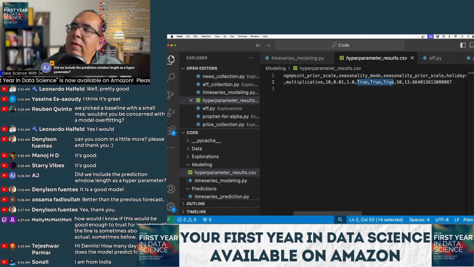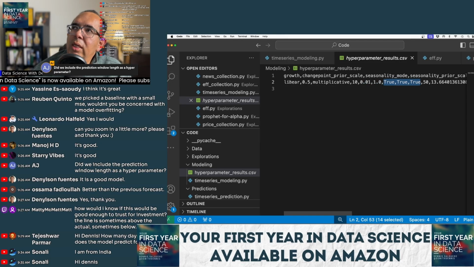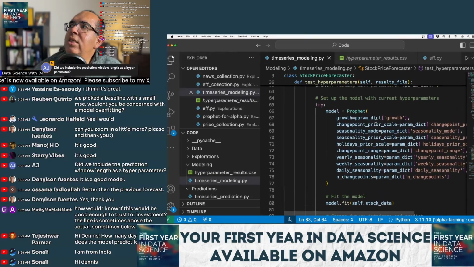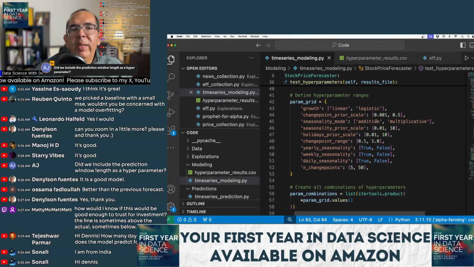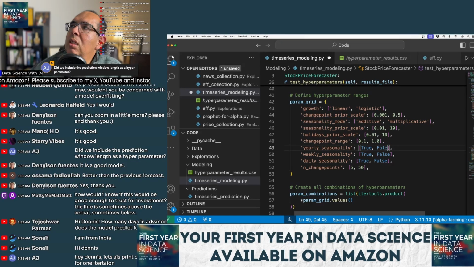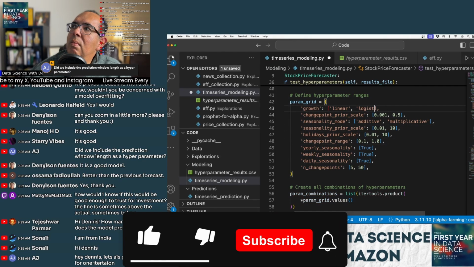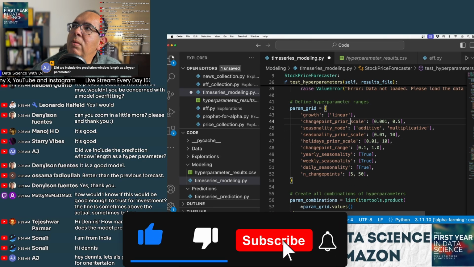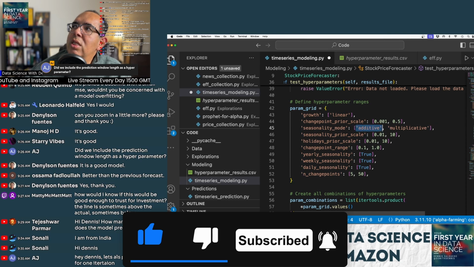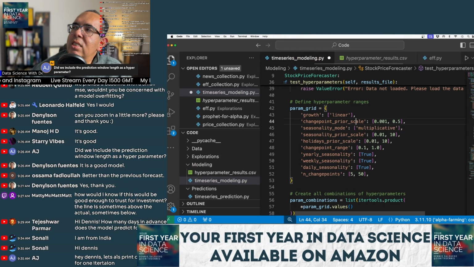So we're going to set all of these values to true. We're always going to do linear, and we're always going to do multiplicative. So let's do that, right? Because that will open us up to change more values in the numerical sections. So we're going to say all of these are always going to be true. We're always going to use linear, we said. And we're always going to use multiplicative, right? So now what we can do is start picking some of the middle values. So here, let's pick